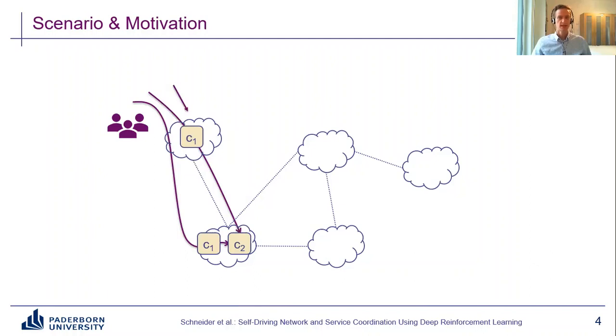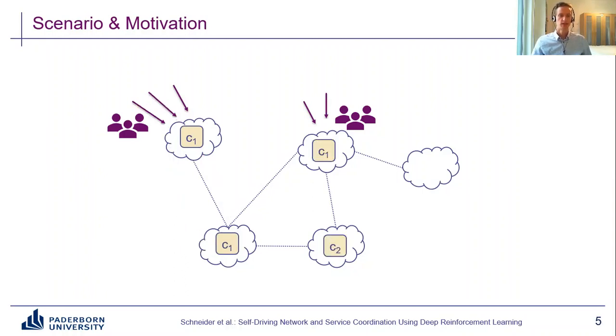Of course, in this scenario, nothing is static. Everything keeps changing. And in particular, the rapidly incoming user flows keep changing. And we could also have new users at new ingress nodes. And of course, we need to adapt to that and quickly react, changing our scaling, our placement, and also our